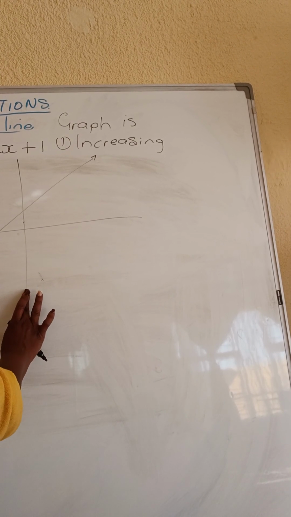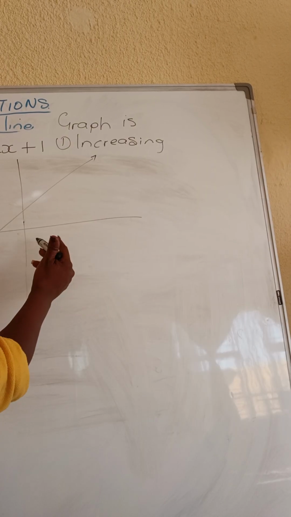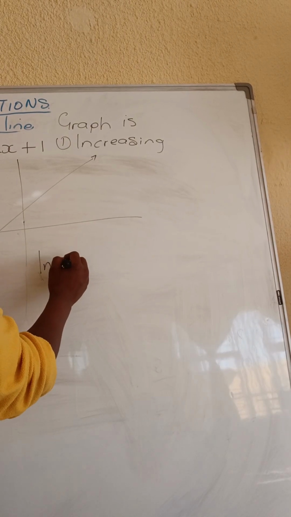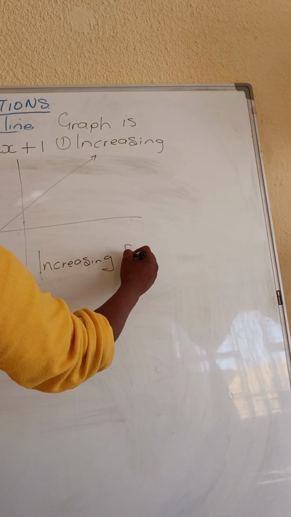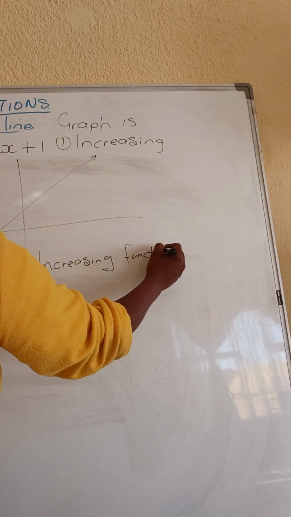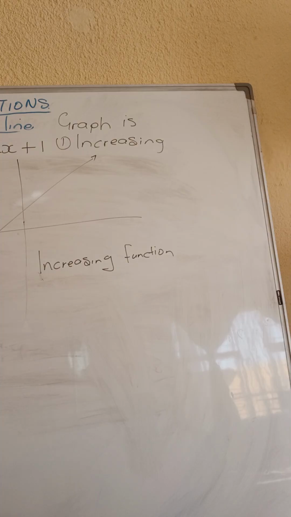In this tutorial, I want to look at the increasing function. Where does the straight line increase? Remember, I did explain in the previous tutorial that we read functions from the left